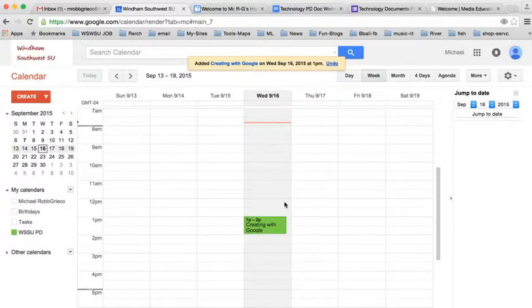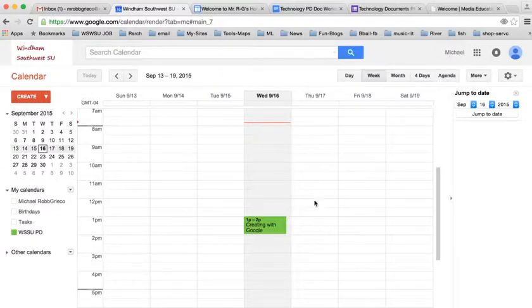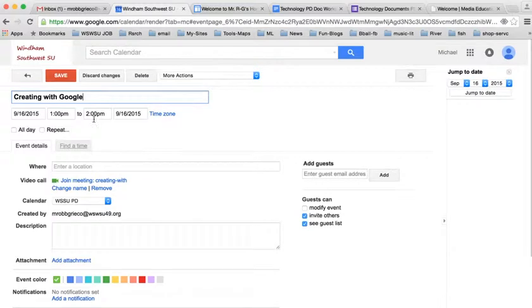So anytime I have a new event, and I could have done that here. There's a new event. I didn't actually want it there. I X out and it goes away. I click on the event if I want to edit it. I edit it here. The time is different. And maybe I actually want to change it to